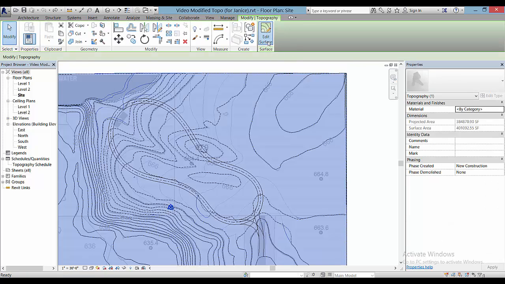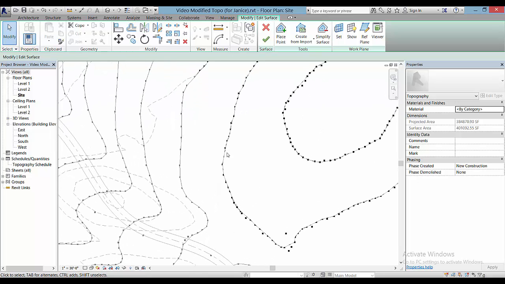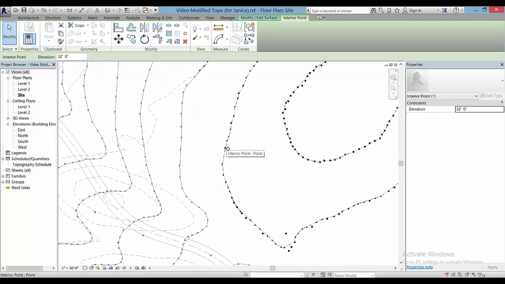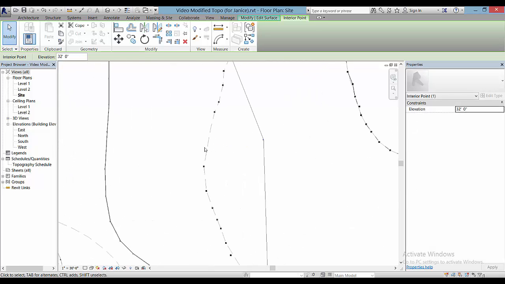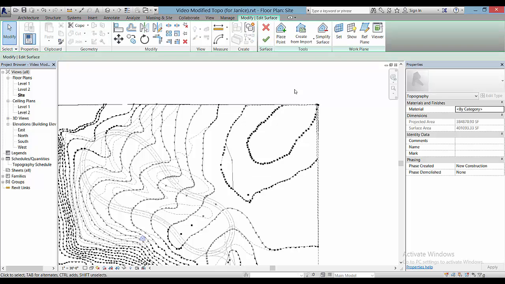modifying the surfaces of the original topography, if you bring this back a little, you can see that the hidden lines underneath will show, and it's great for showing the cut and the fill. Now, most of you know this already,